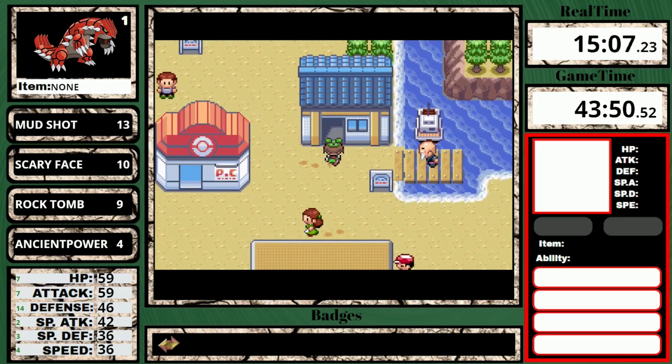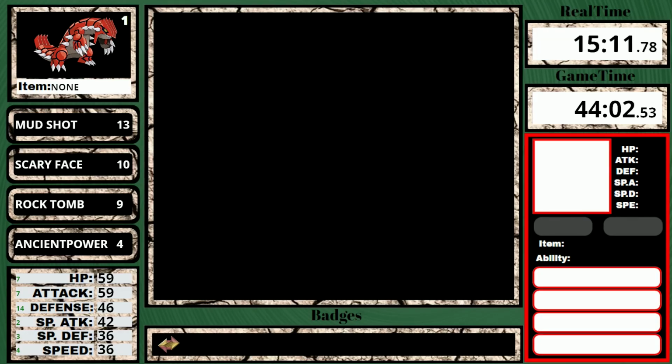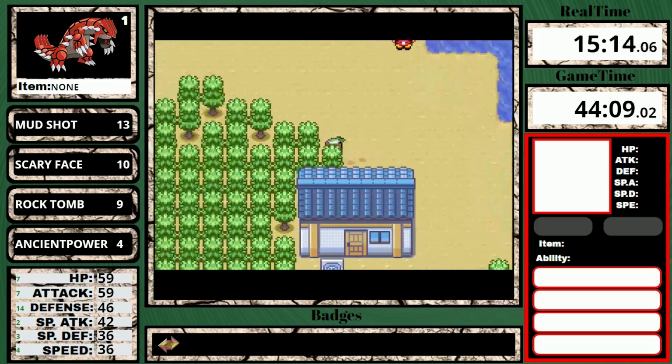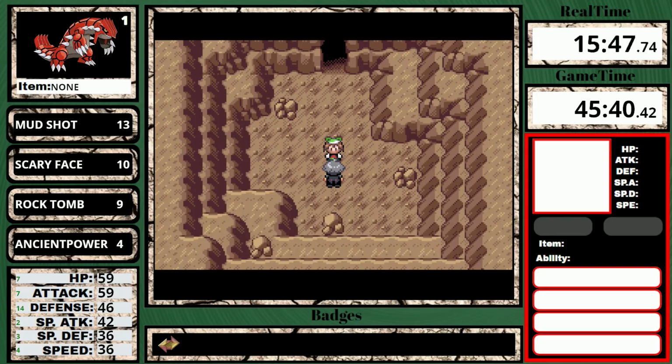This will boost the power of normal type moves by 10%. It's not going to help now obviously, but when I get a move like Return or Slash, it'll definitely come in handy. I return the letter to Steven Stone at the end of Granite Cave,